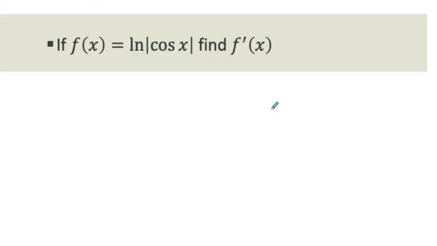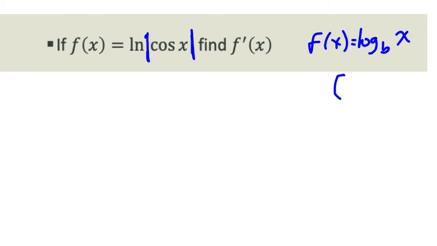And one more that I want to talk about here is just finding the derivative of this. Now, why are there absolute value bars around the cosine x? This is where I'm not entirely sure how much you guys cover logarithms and exponentials, so it's just something I wanted to throw in. But if you remember logarithms, the parent function for logarithms, whether it's ln or a log of any base, doesn't matter what the base is, of x, your domain for this is strictly,